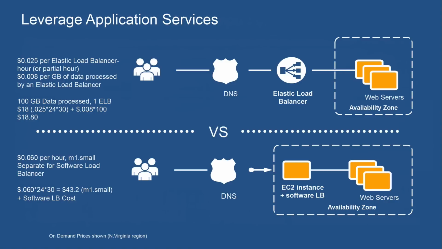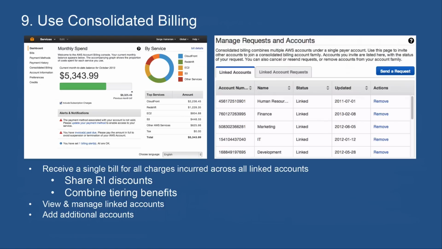And here's a cost example of building your own load balancing service using EC2 instances versus using the AWS Elastic Load Balancer service to deliver that load balancing functionality. You can see the cost example there. The AWS ELB is under half the price of building your own software load balancer on EC2 instances. So it's a good idea to look at the full portfolio of AWS services, establish where you can potentially use them within your architecture, and if there's a cost benefit from doing so, then grab that cost benefit and take advantage of it.